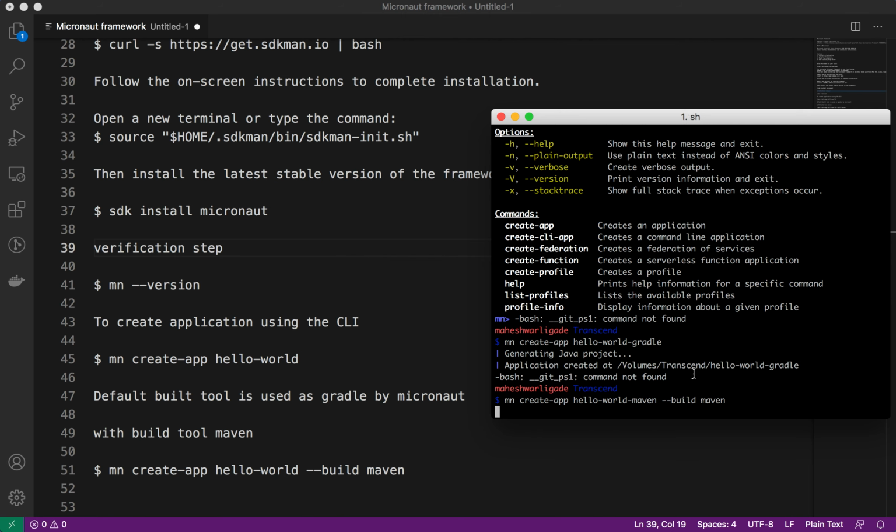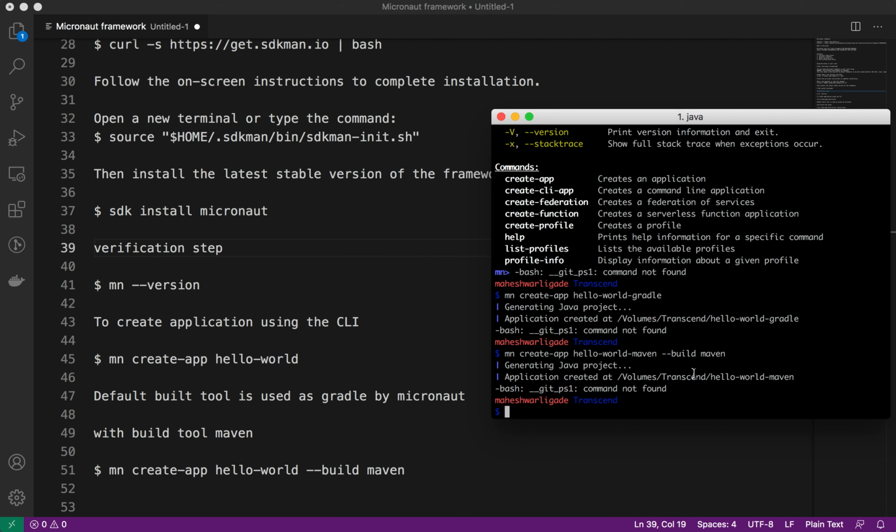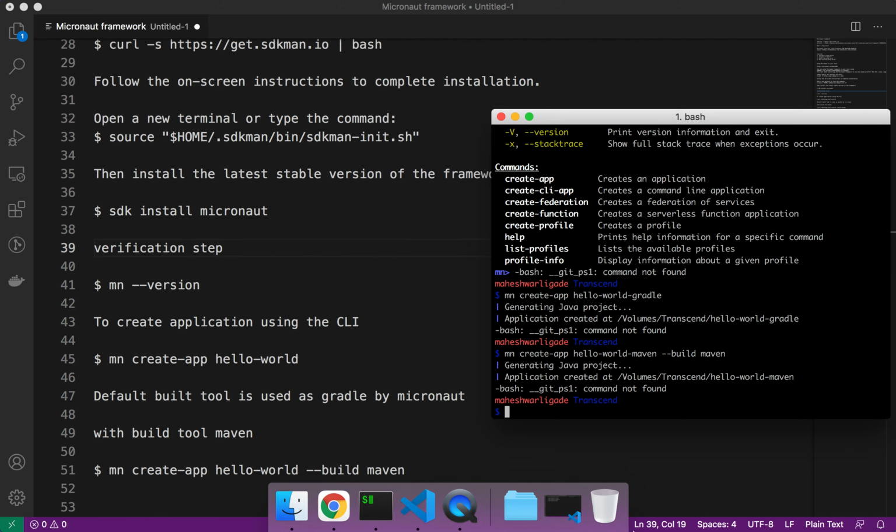In a few things Gradle is a bit better compared to Maven, and it is using a DSL. The build.gradle file is very easy to maintain, understand, and read instead of managing the Maven file. But people prefer both build tools based on their enterprise choice or their own experiences. So the application is generated. Now let's check what the folder structure of that application is.